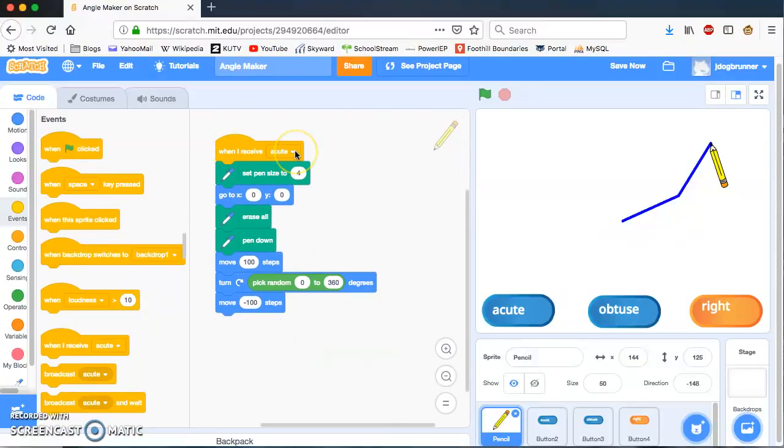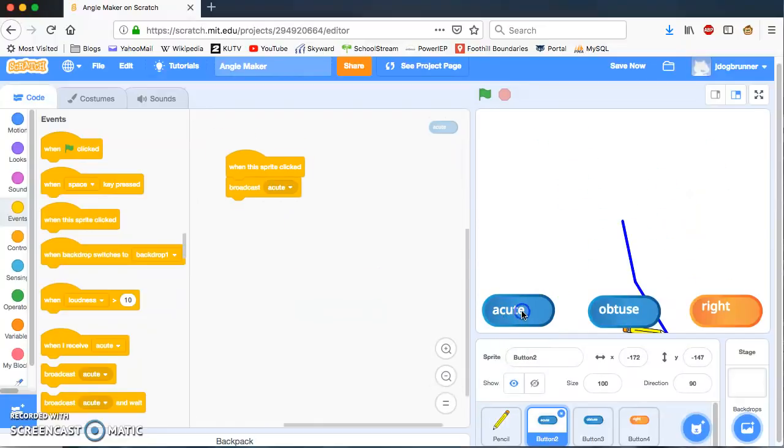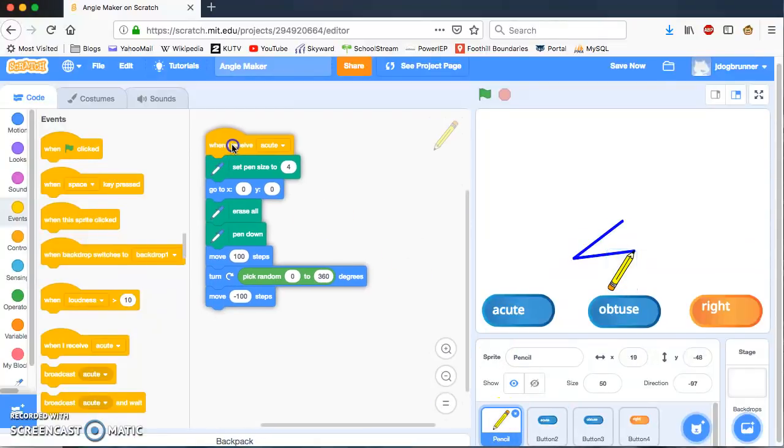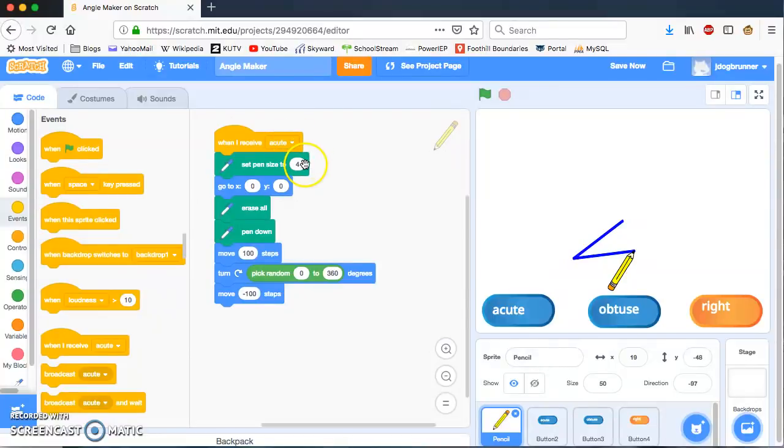When I receive acute. So now, watch what happens when I click on this button. It's just like our program from before, except instead of waiting for the green flag to be clicked, it does it when the acute button is clicked. So think about that code. Here we're on the acute sprite. When this sprite is clicked, broadcast acute, click on the pencil sprite, and when I receive acute, then it sets the pen to 4, goes to the center, erases the screen, puts the pen down, moves 100 steps, changes the angle, moves back to draw